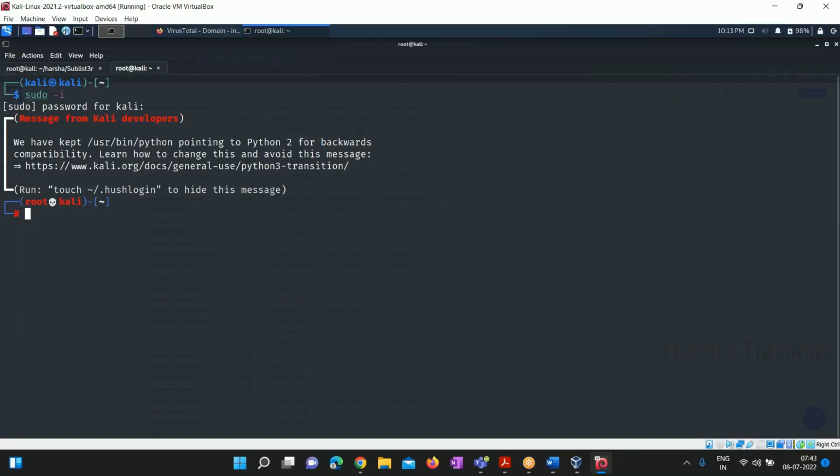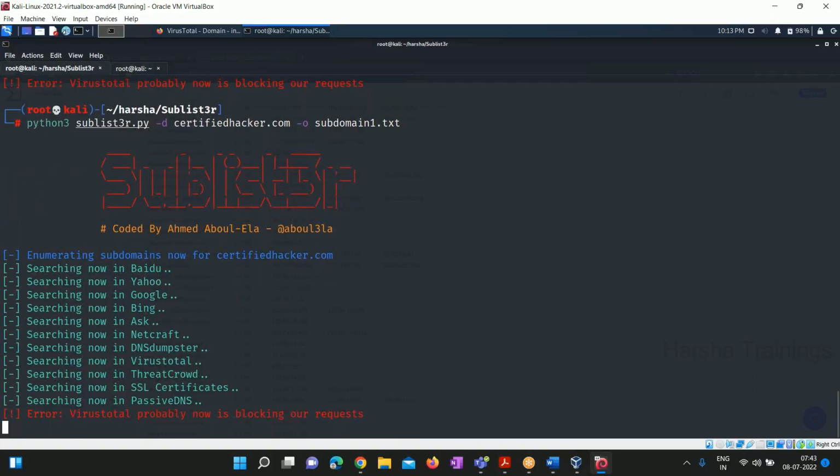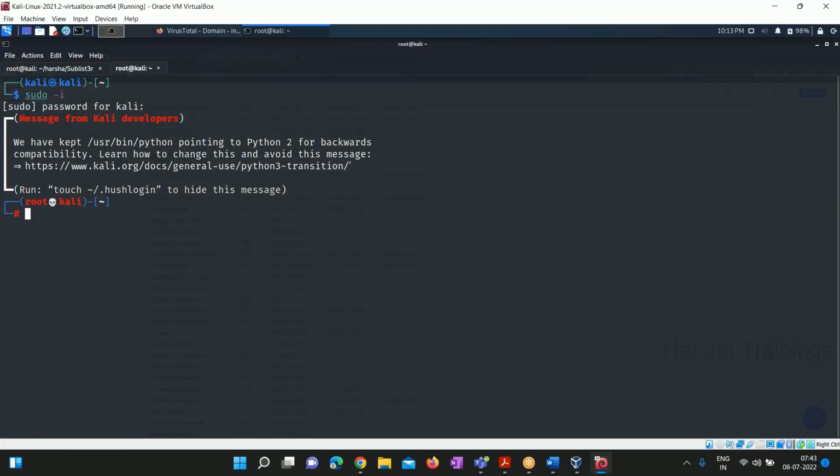Correct. If you would like to install any tool from GitHub, you can use the git clone option. So let's do one thing. This time, let's use this WhatWeb, and let's give any subdomain that we got,